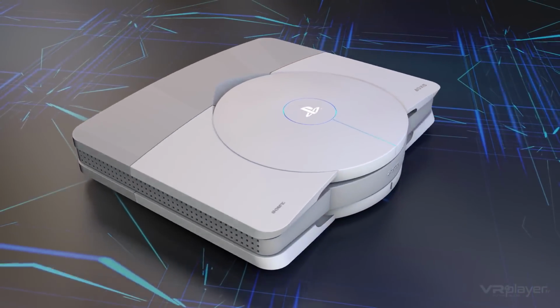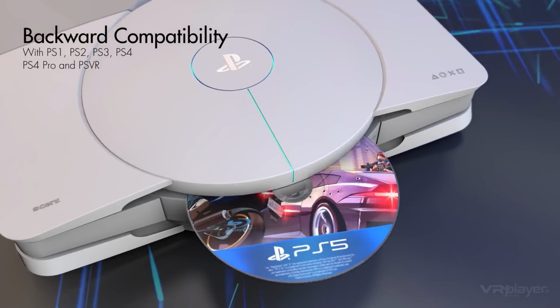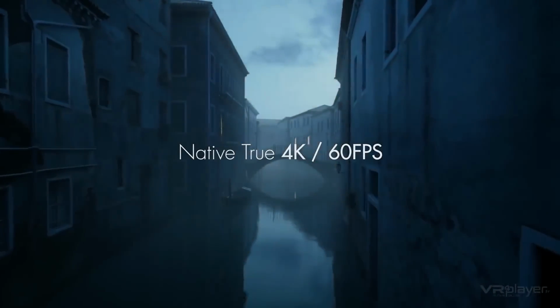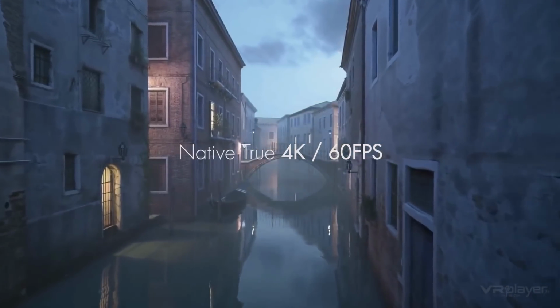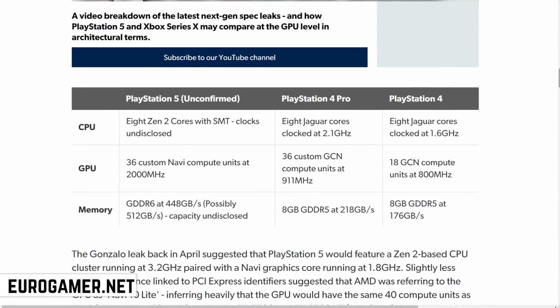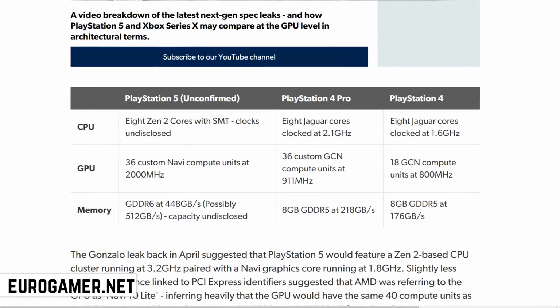Of course, guys, as always with these types of leaks, we cannot really trust them blindly, but Digital Foundry seems to be pretty confident that the data is actually coming from AMD and that they haven't been manipulated. So what does the leak say? Well, PlayStation 5 will have a GPU with 36 Navi